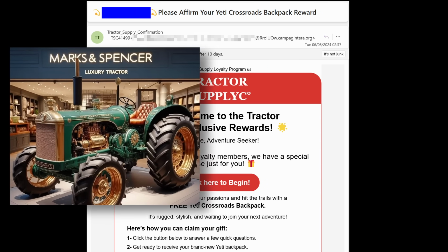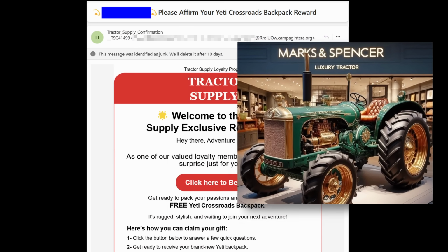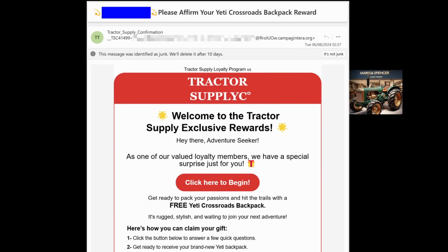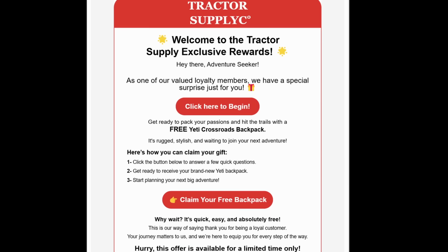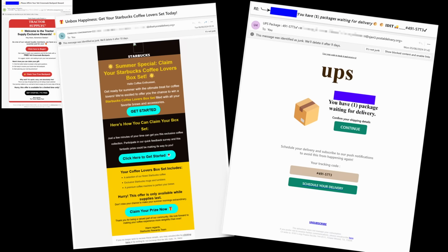of course falls a bit flat on me because I buy all my tractors from Marks & Spencer. They may be a bit dearer, but they're so fresh I would swear they were made just this morning. But I suppose if you're a loyal customer of that company, you might uncritically accept this as a genuine bonus and click the link. Here are a couple of other similar messages that are ultimately probably the exact same scam